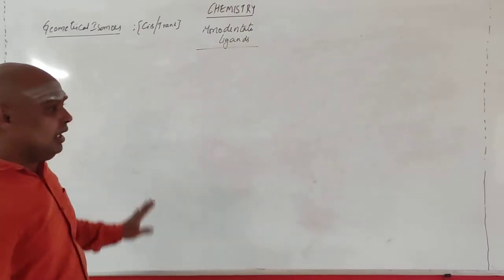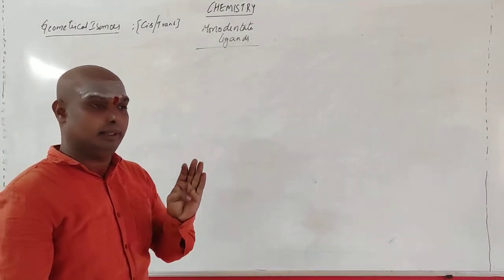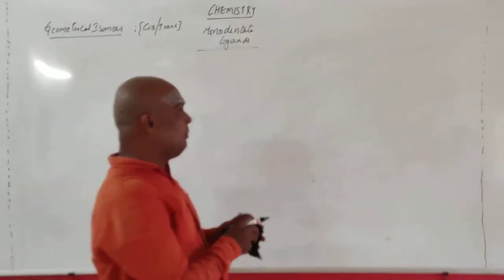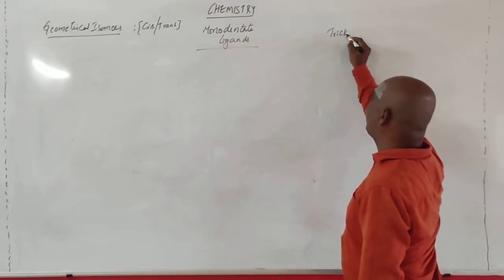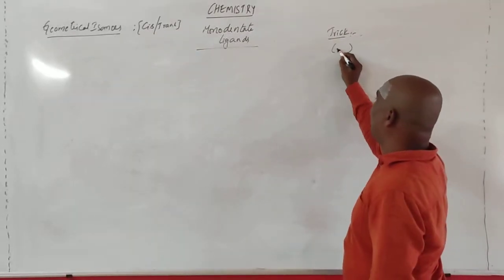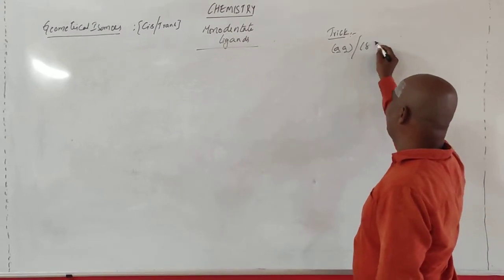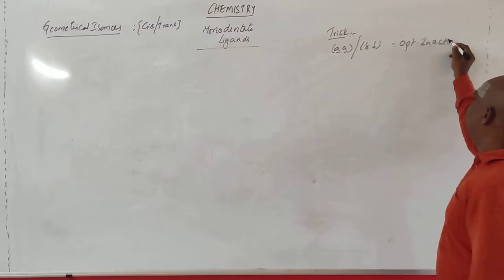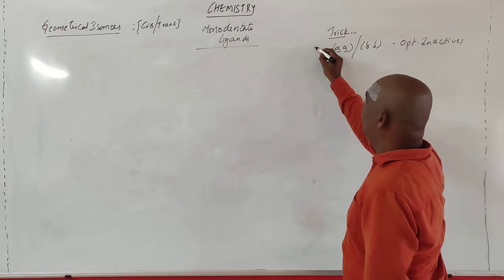Now, how to identify whether a complex is optically active or inactive? I am directly doing the trick, don't waste time by reading all the unnecessary things. If any bracket has the same ligands, like AA or BB, that is optically inactive. This is the first condition.